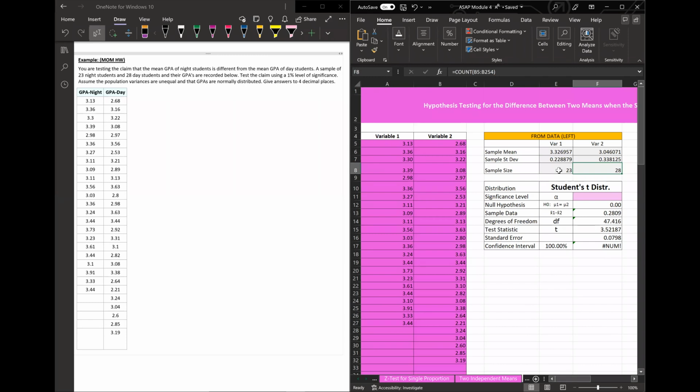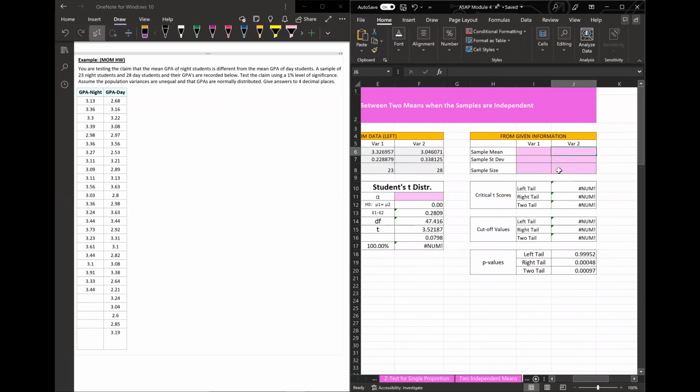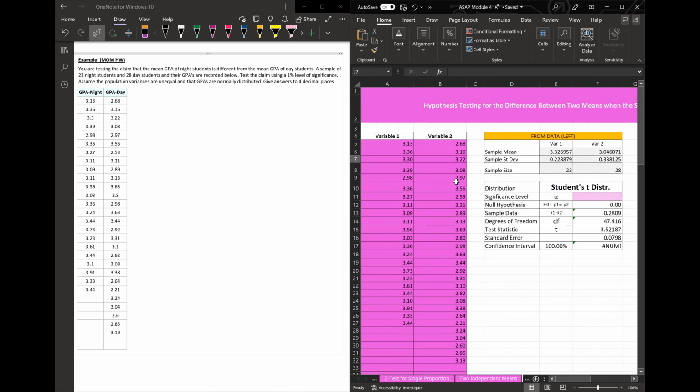One thing that you want to make sure of is that you have cleared your data out of the given data. If you have given data from a previous problem, it's going to say data overlap, and give you all these errors. So just clear that out and make sure you're using only one area of input at a time. All right. We also need to, just to clarify where we're at,